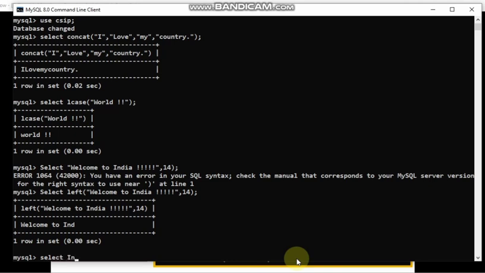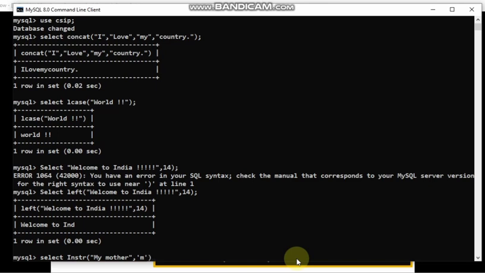Select instring my mother. Okay, so my mother, let me give the string as M, right?